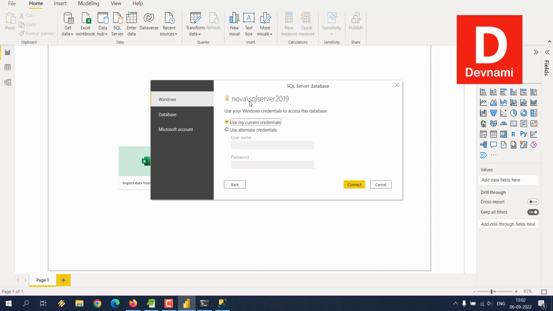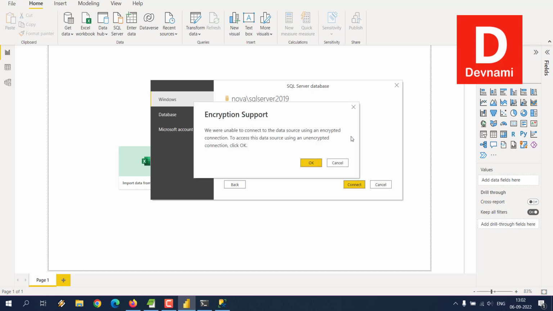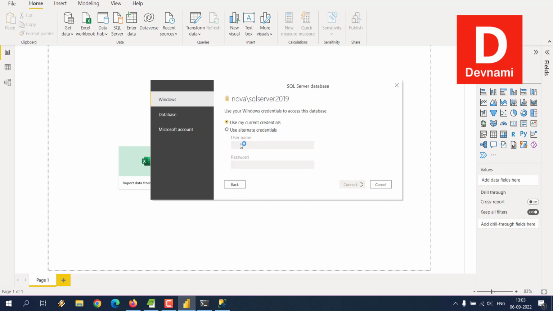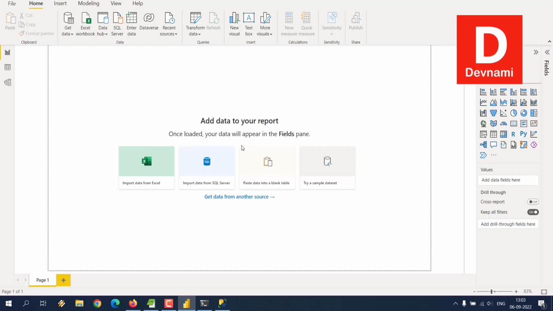And here as you can see, this is the database we connected to. You can use current credentials, right? And then click connect. Usually it will use your Windows connection. So here it says you're unable to connect. So what we'll do is we can simply,